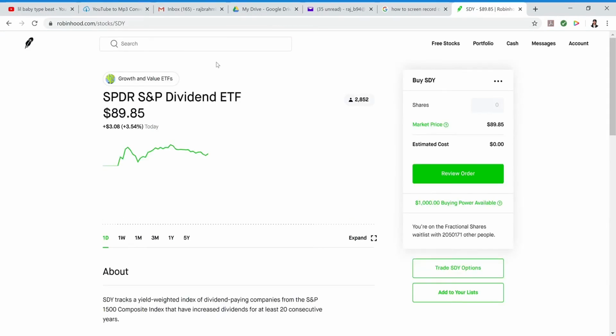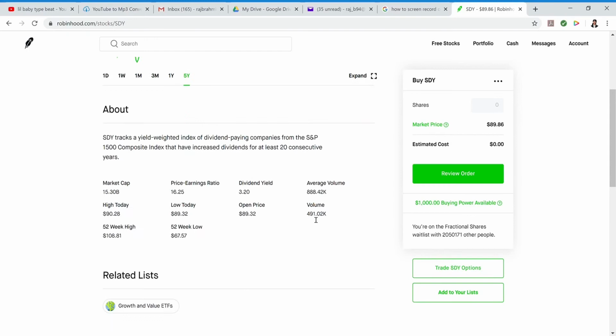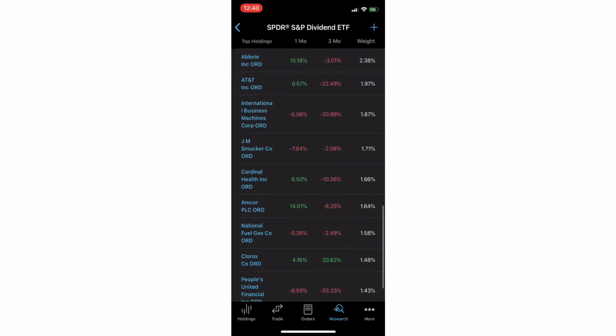This is an ETF, one of the index funds that I was talking about, and this kind of mimics the pattern that the S&P 500 follows. And the S&P 500 is pretty much like the top 500 companies in the U.S. It's a compilation of all of those, and you can invest. This is what I invest in. All right, so like I said, if you want to do your research, go ahead and do your research. I like this one because it has about a 3.2% dividend yield.